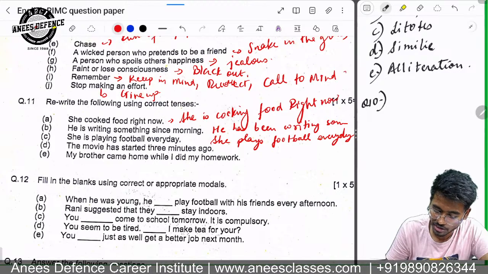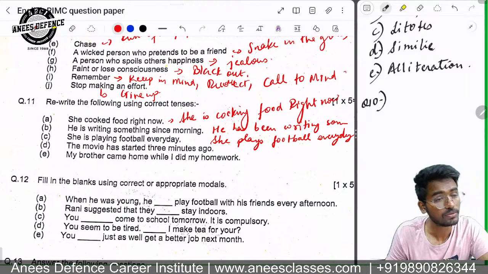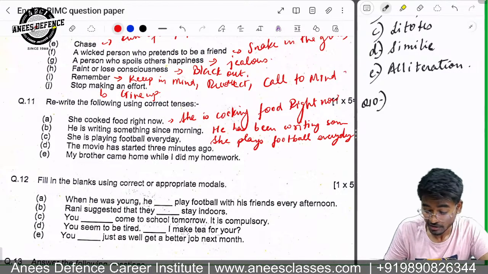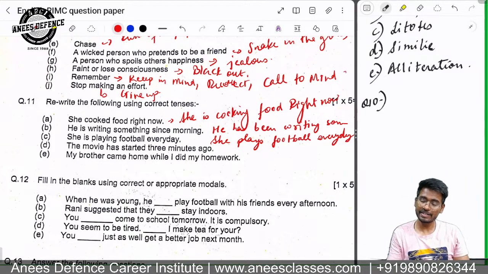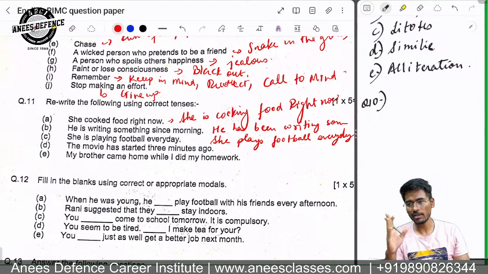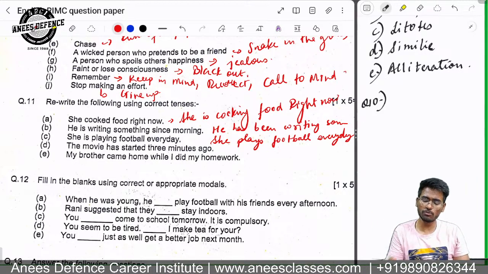The movie has started 3 minutes ago. देखो, "3 minutes ago" ना, it can be written one thing has been done ना, it has been started. तो हम लोग सिंपल पास्ट में लिख सकते हैं. We can write simply the movie started 3 minutes ago. इसको सिर्फ निकालो, "हैज" को निकाल दो यहाँ से. तो "मूवी स्टार्टेड 3 minutes ago", इट इज ग्रामेटिकली करेक्ट.